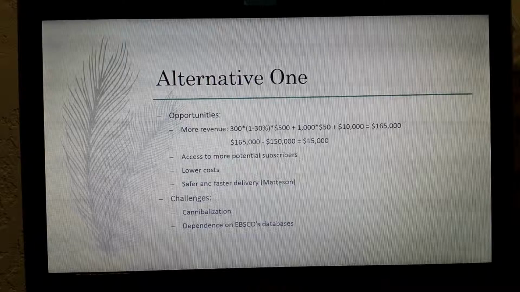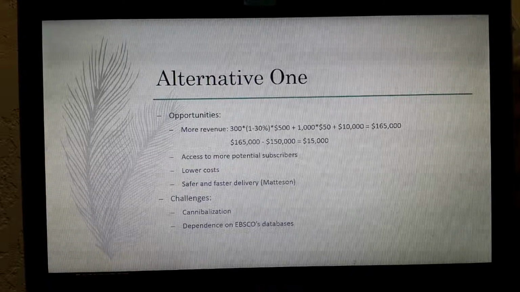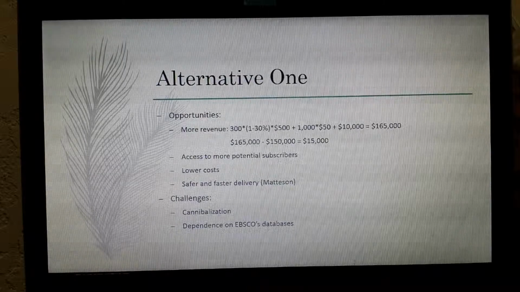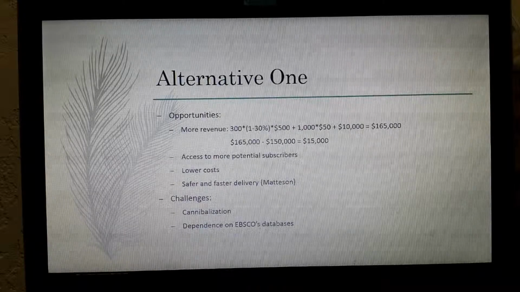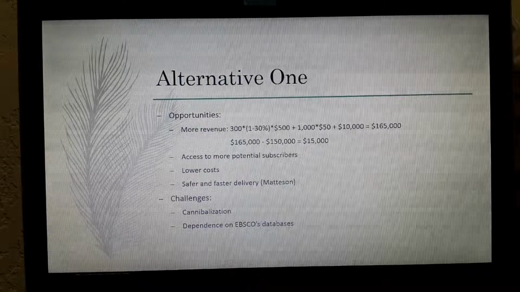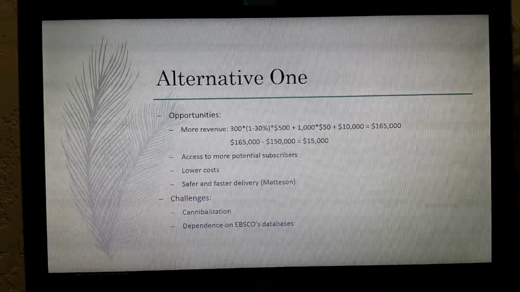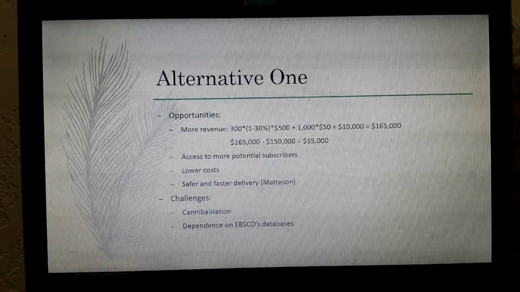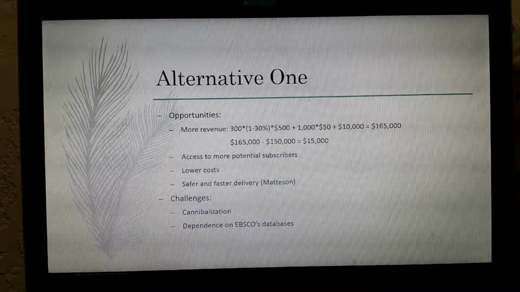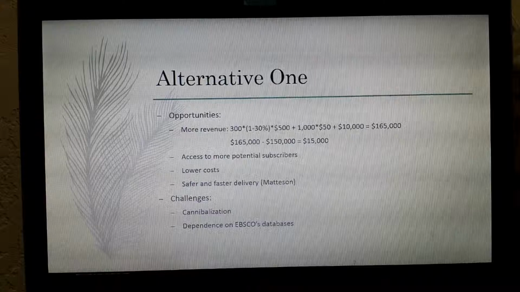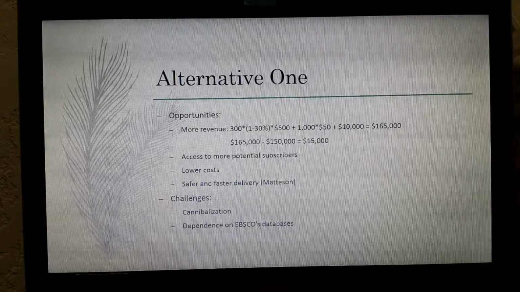Although some of the ASIB's subscribers might rely on their online access to the journal and stop their subscription to the printed version, this will actually lower the cost of printing and mailing. In addition, as Scott Mendelson, a freelance technical writer, mentioned in his article, compared with delivering hard copy of the journals, this approach is safer and faster.